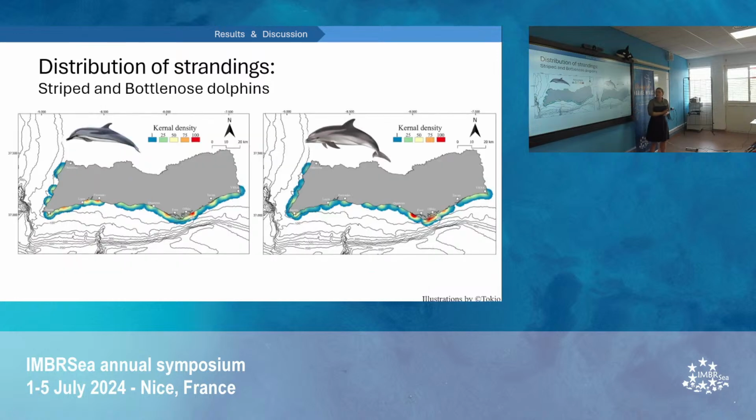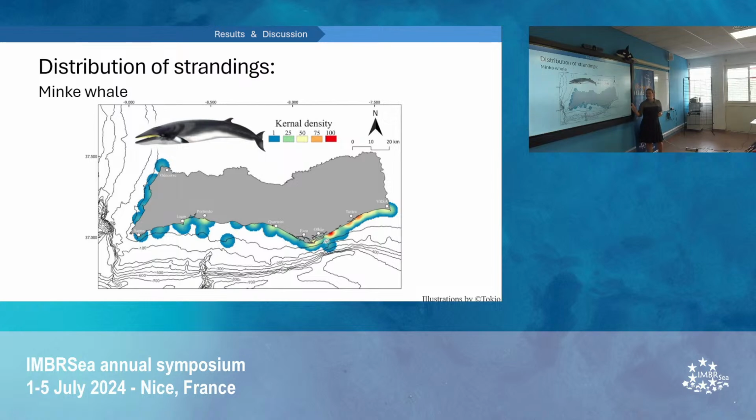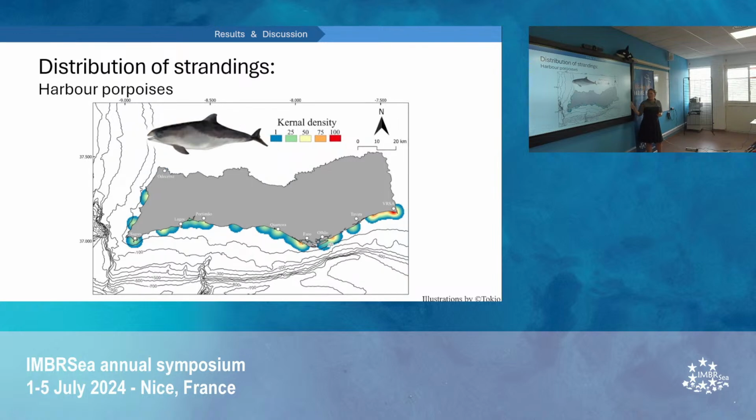For our striped dolphins and our bottlenose dolphins, our striped dolphins have some minor hotspots on our southern coast on this side, but more importantly, possibly, are our larger heat spots closer to our continental shelf, which is bringing, again, these pelagic species closer to our shores for both striped dolphins and bottlenose dolphins. For our minke whales, we have a notable increase in hotspots on this side of our coast. And for harbor porpoises, we are seeing hotspots in our major estuary and lagoon areas.